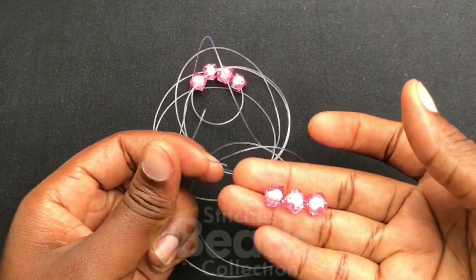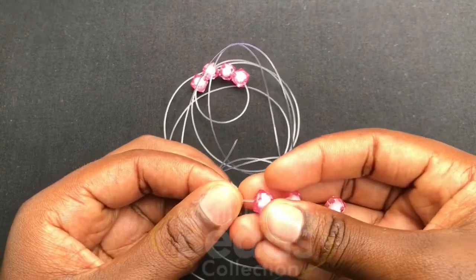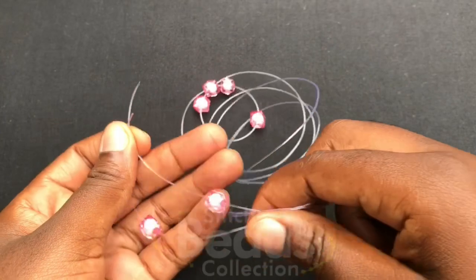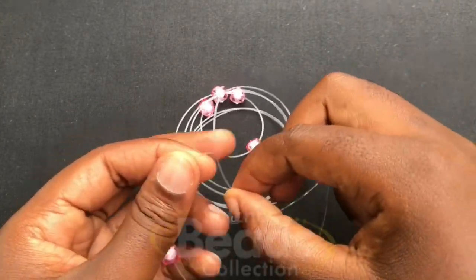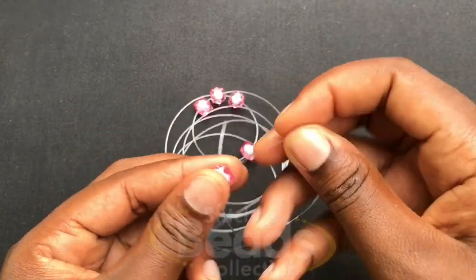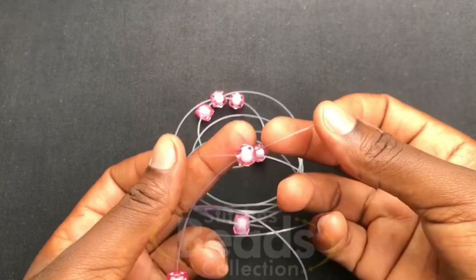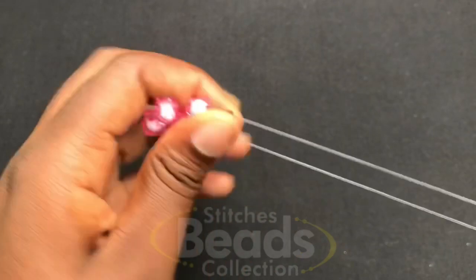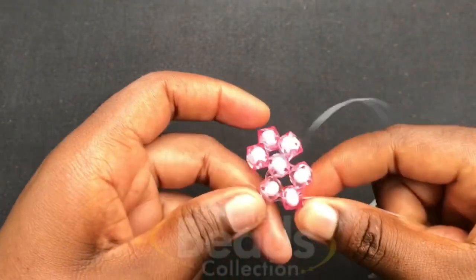Going on, you pick 3 beads, fix 1 on each fish line, fix 1 on the left fish line, fix 1 on the right fish line, and then you cross with the 3rd bead using both fish lines. You make sure you have the ends, and then you pull it out, and then you have your 2nd ring